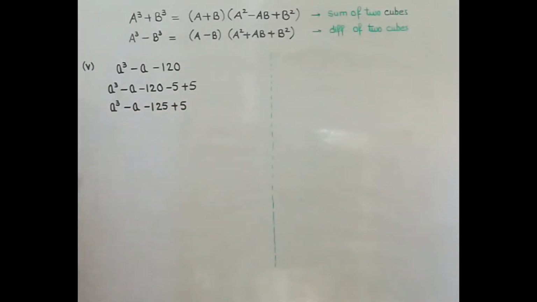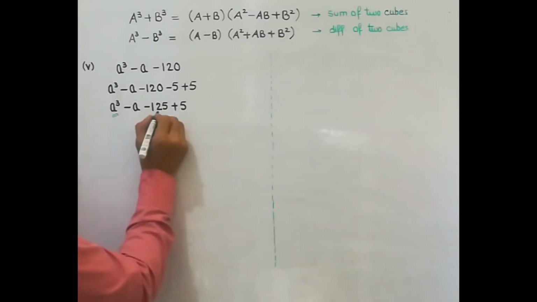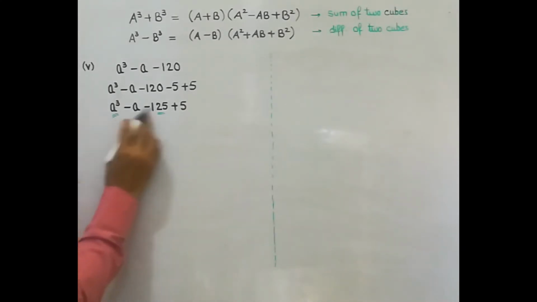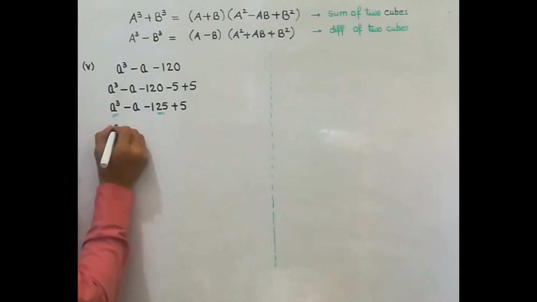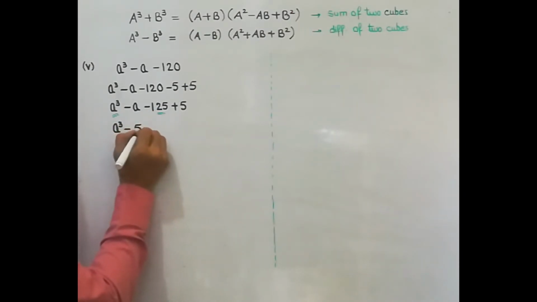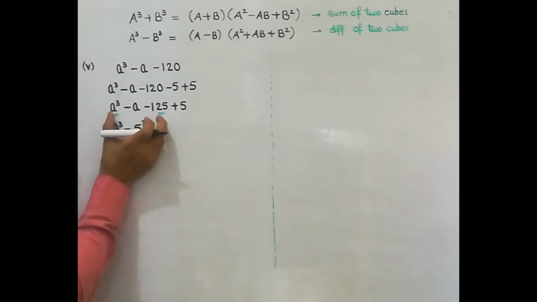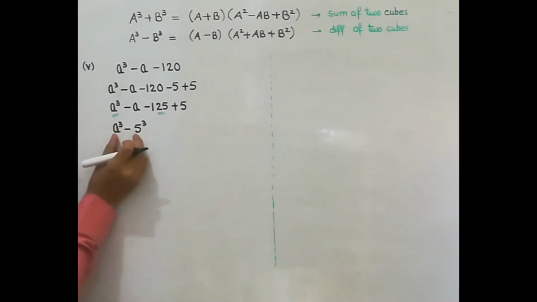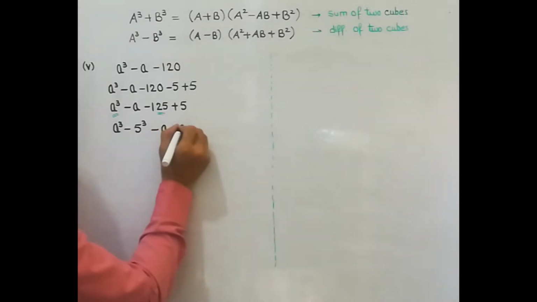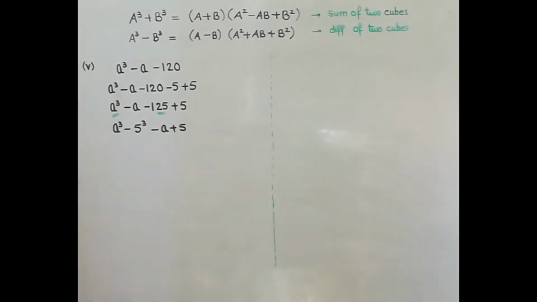Now these two terms, you see, this is a cube and this can also be converted into a cube. So we are going to write these two as a cube minus 5 cubes. So we have written these two as a difference of two cubes, and the remaining is minus a plus 5. Hope this is clear to you. Now this group